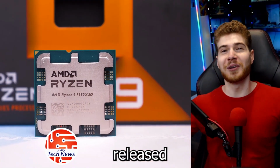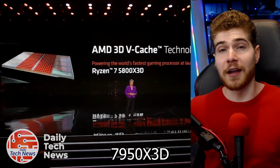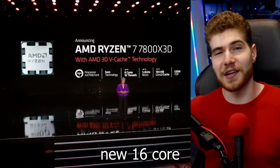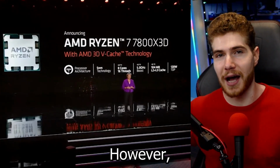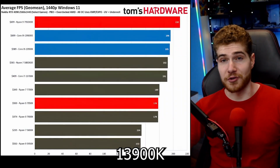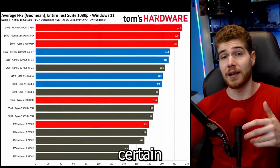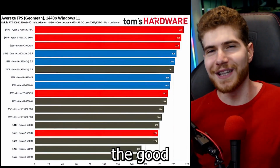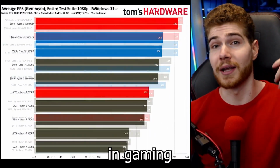AMD has just released the fastest gaming CPU ever. The Ryzen 9 7950X3D is a new 16-core $700 CPU that has put AMD back on top. However, the cheaper Intel 13900K is not too far behind the 7950X3D, even beating it in certain benchmarks. And there's also the good old 5800X3D that still manages to keep up very well in gaming, and it's on